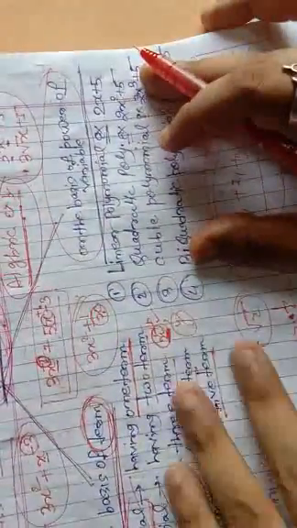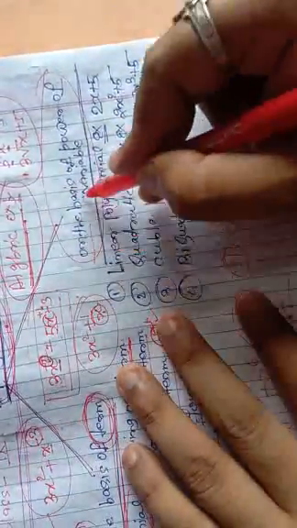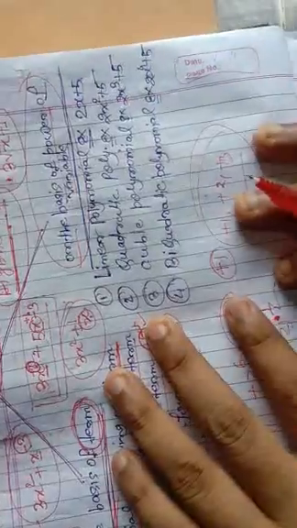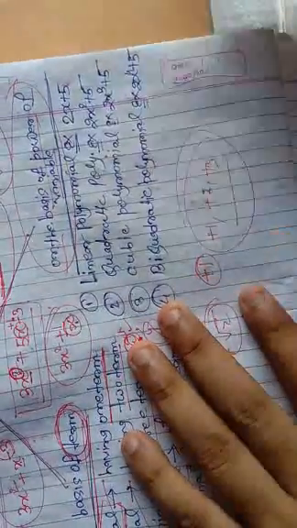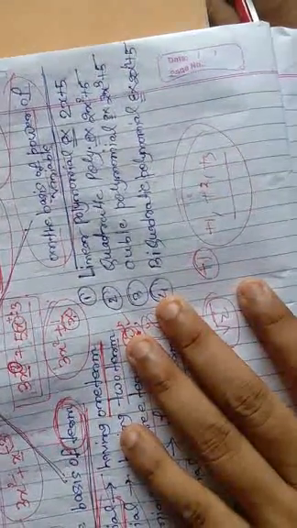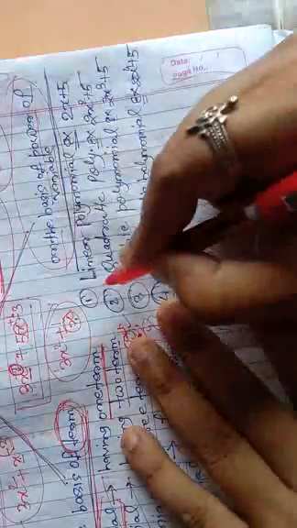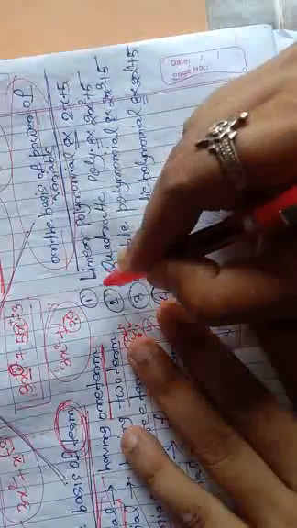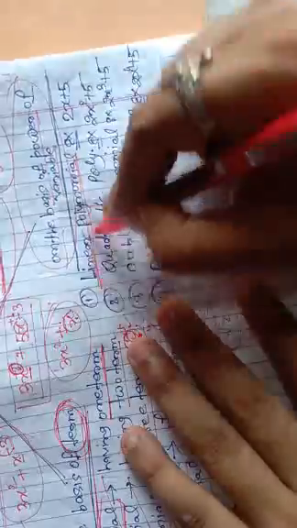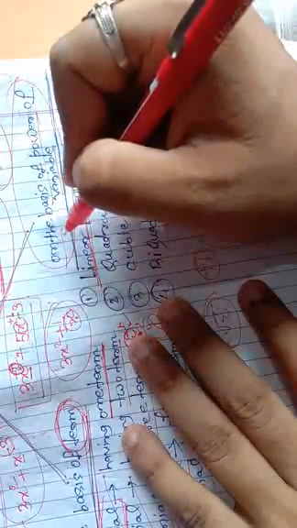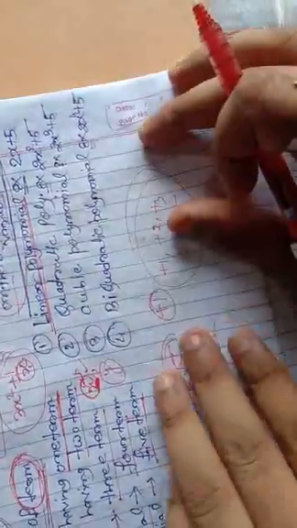Okay, next we talk about naming on the basis of the power of the variable. Means what is the power of the variable. On the basis of this one we can also give name to the polynomial. So let's start with linear polynomial. What is a linear polynomial? So linear polynomial is that kind of polynomial in which the variable has the highest power 1.